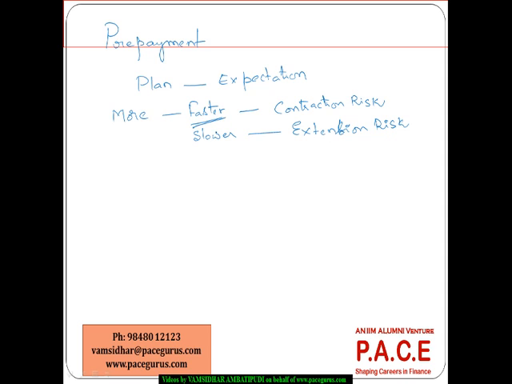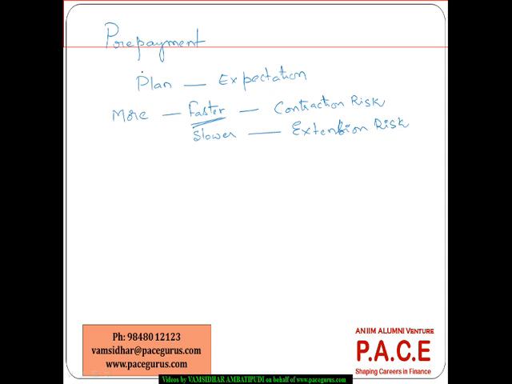See, if the prepayments are faster, the loan is going to get closed much earlier, which means the bond investors are going to get their entire principal back much earlier. Their bond maturity is happening much faster. That's the reason they are exposed to contraction risk. If the prepayments are slower than expected, then the bond investors are going to receive their payments much later, so they are exposed to extension risk, right?